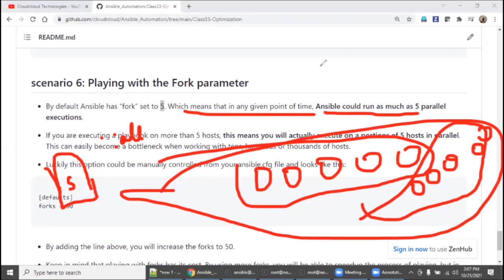But please be cautious. If you have more servers and you keep increasing the fork, you need to be aware that the connections to all those clients also have to be established. So of course you will start to see degraded performance. You need to make sure the equivalent network bandwidth, everything, is in place. Otherwise, please be very, very cautious while implementing such critical parameters.